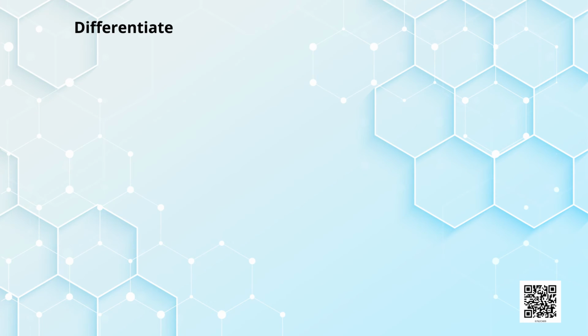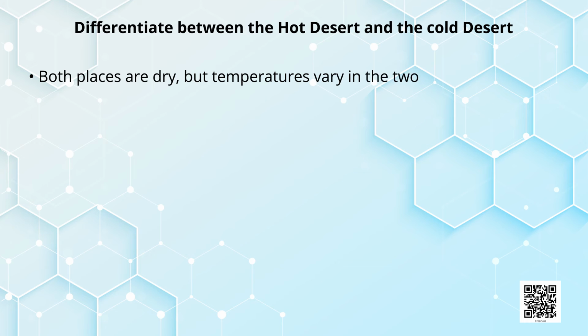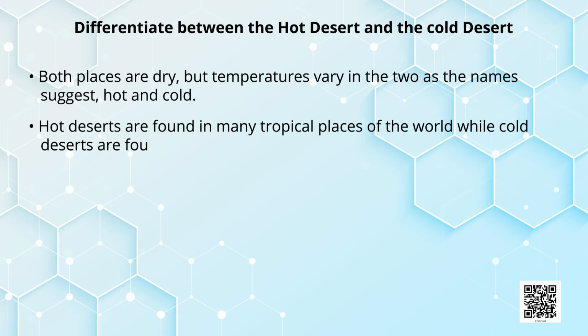From here, let's differentiate between the hot desert and the cold desert. First and foremost, both the places are dry, but the temperature varies in the two, as the name suggests. In the hot desert, the temperature is soaring high, and in the cold, it is pretty cold. Hot deserts are found in many tropical places of the world, while cold deserts are found towards the polar regions